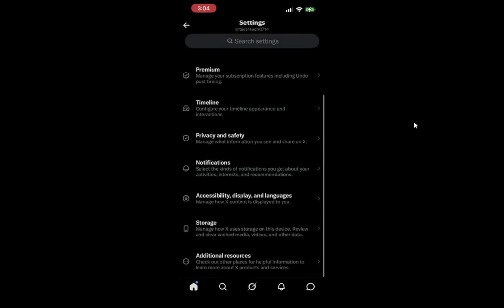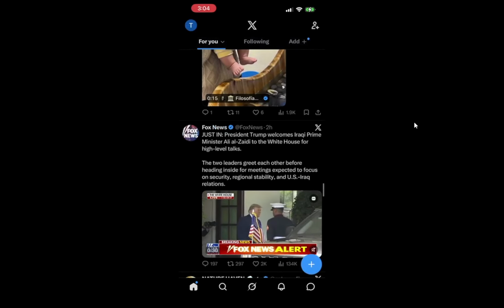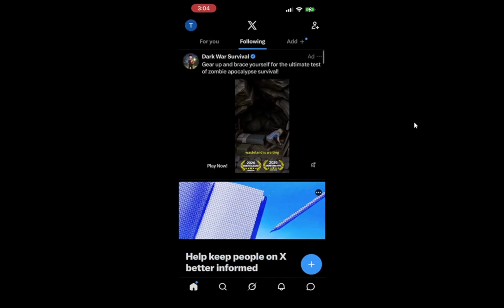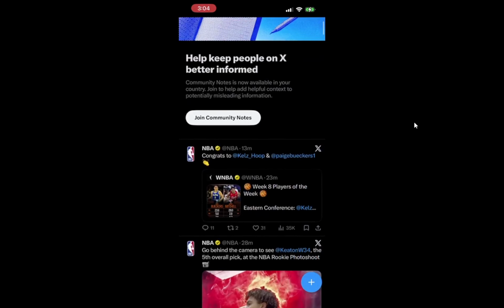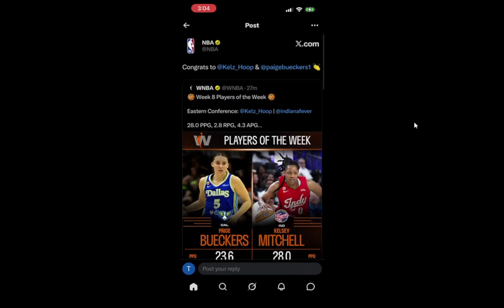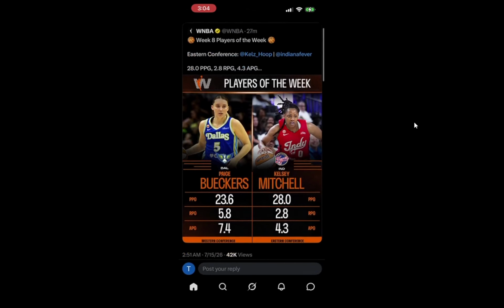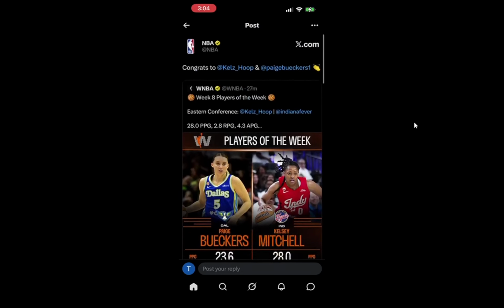At this point, let's focus on getting alerts from a specific account. Open that account's profile by searching for their username. You will see their profile page with their tweets and information. This is an excellent way to stay updated on key accounts you follow. When you engage with specific accounts more closely, it helps you keep track of their content and announcements.